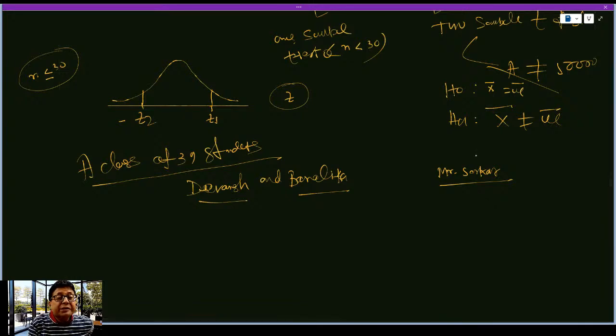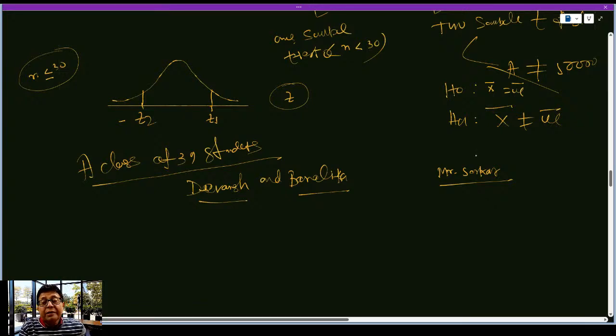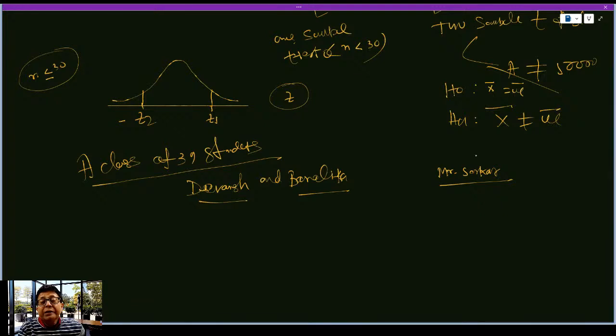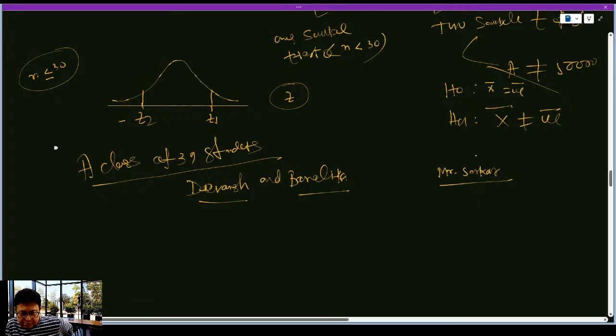So the teacher has chosen 2, Devans and Bonalika. As they have learned statistical analysis a little bit, they will say that yes, we can do it